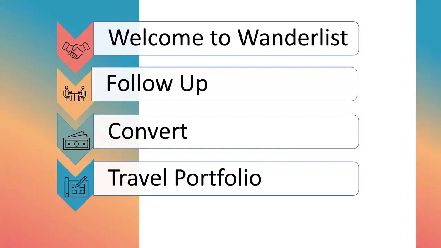Once a traveler clicks on your link, they create a Wanderlist account and potentially have created a few lists. Remember, you get a notification from the Wanderlist system that lets you know. It's one email a day. It's a comprehensive email that you get at 1 p.m. Central Time that gives you a high-level overview of everything that's happened to all the people you're connected to.